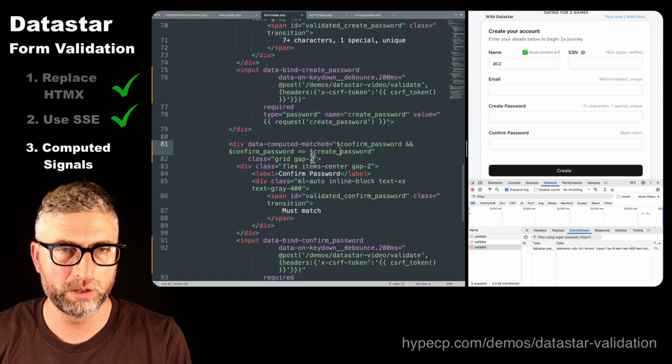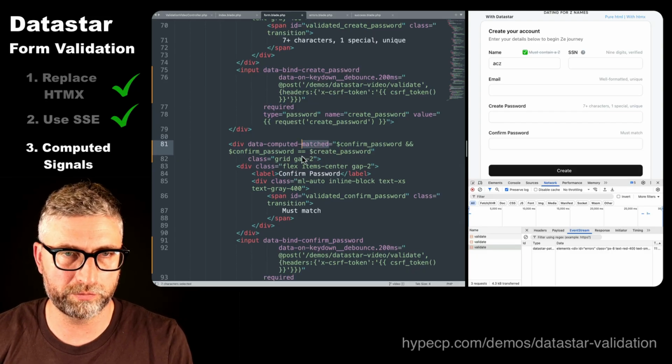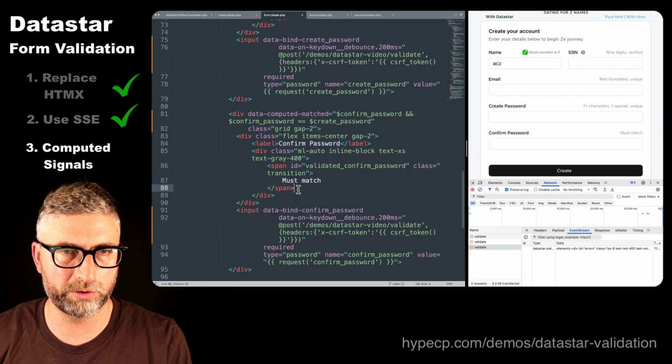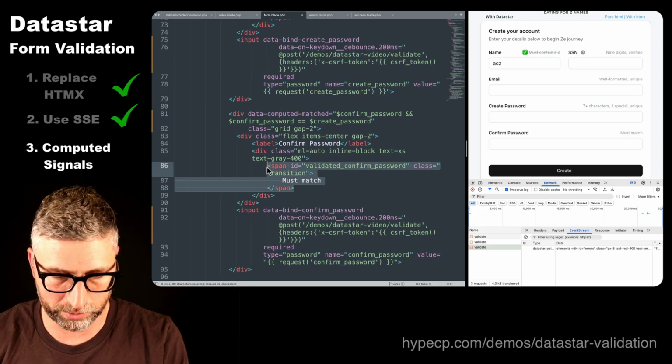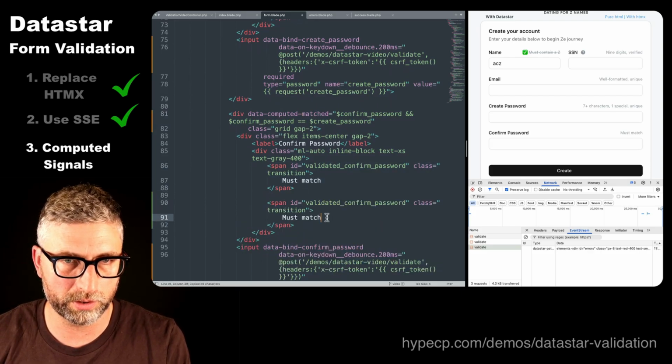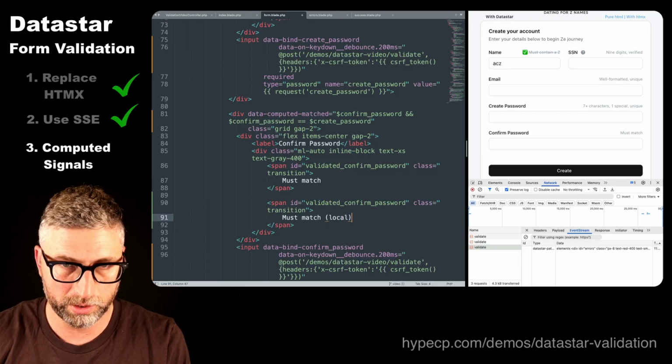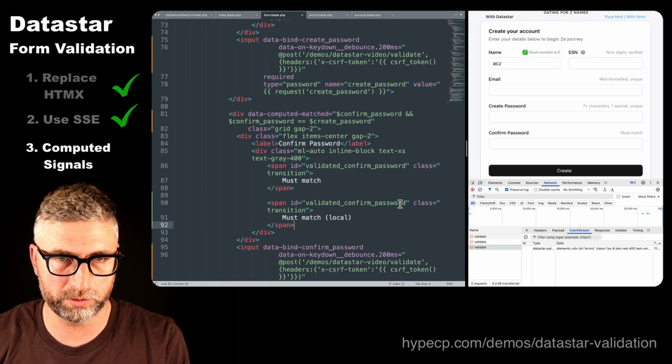Okay, so this is going to create our matched variable. Now, how do we use that variable? So let's create a local version of our little thing here first. I'm just going to add this local. All right, let's do a sanity check and make sure that these,